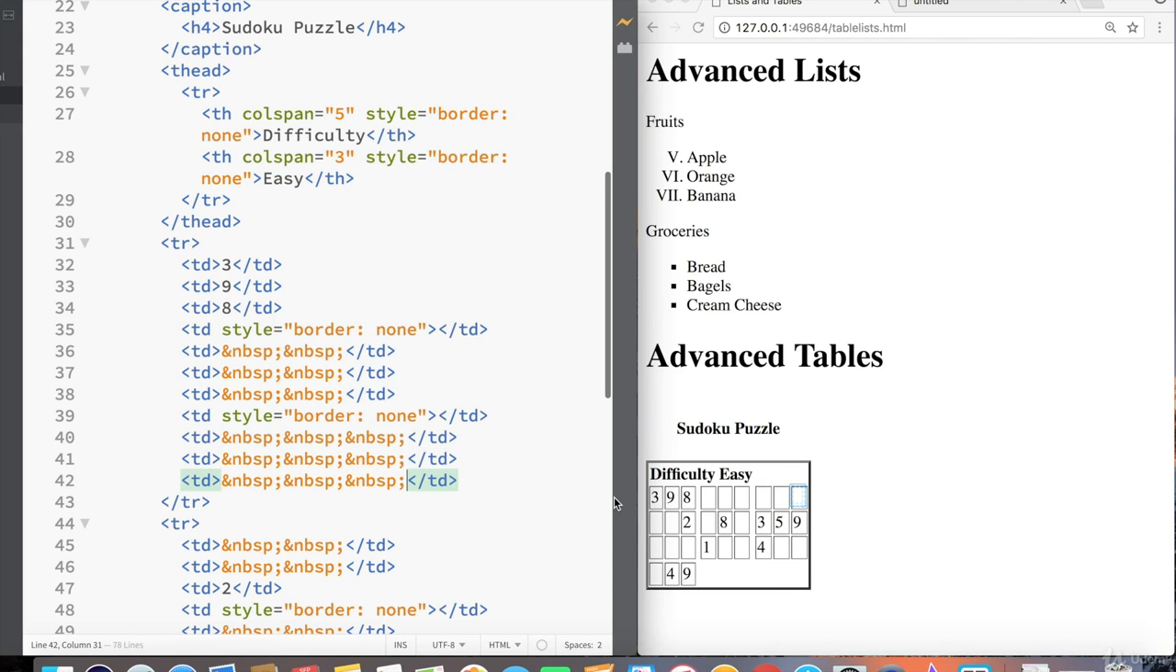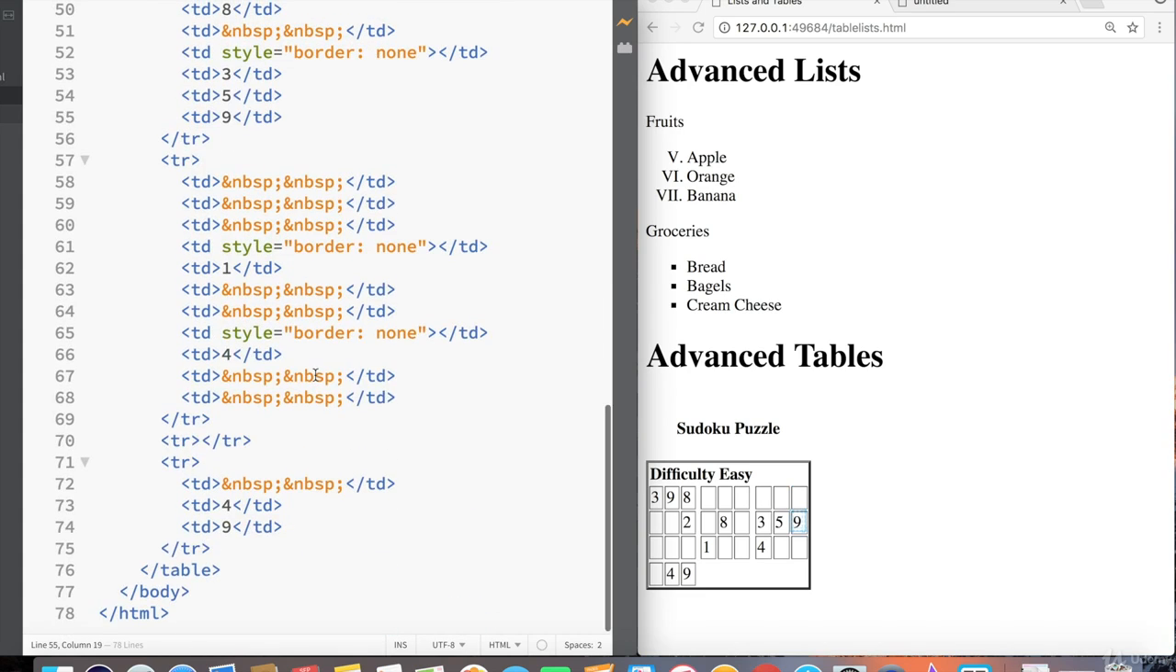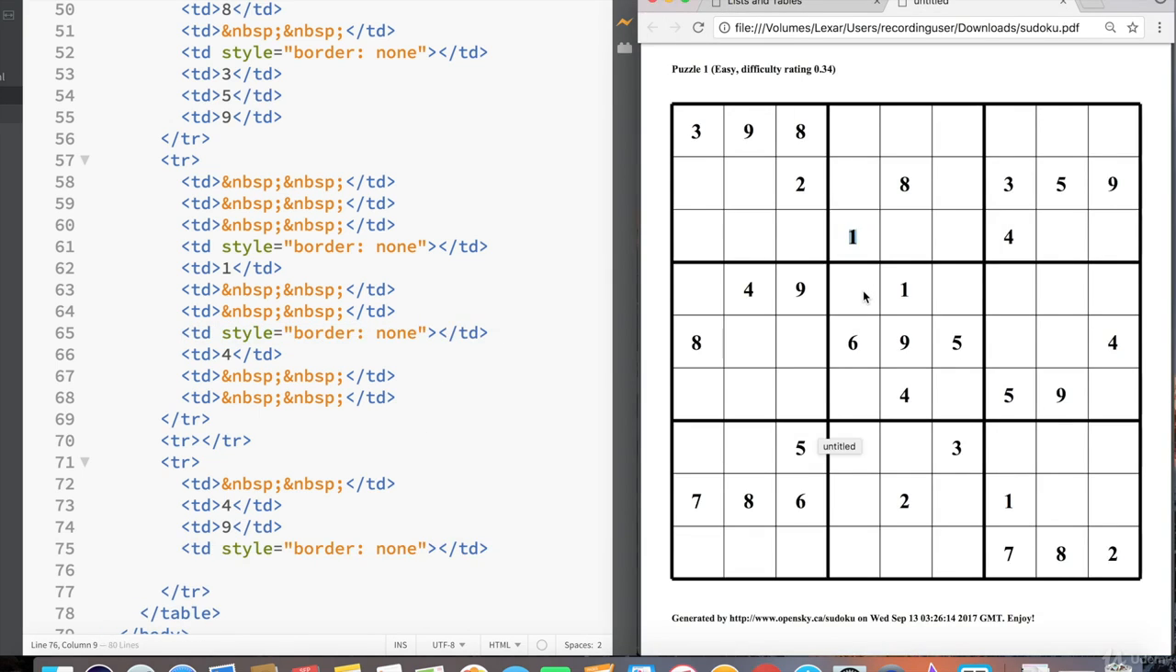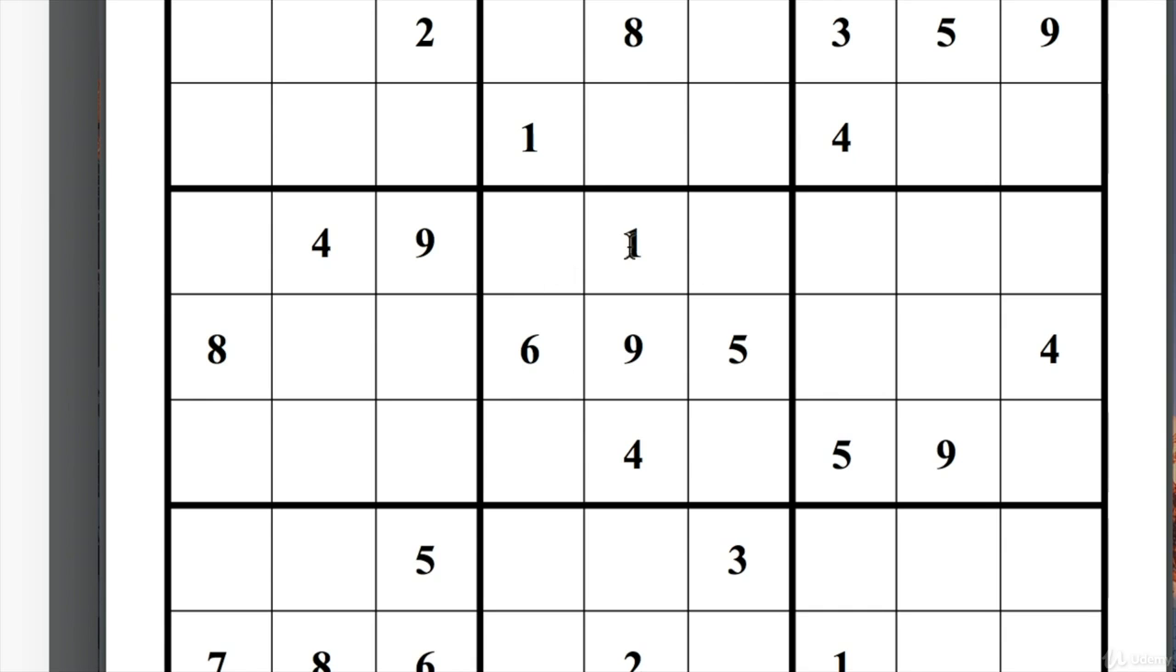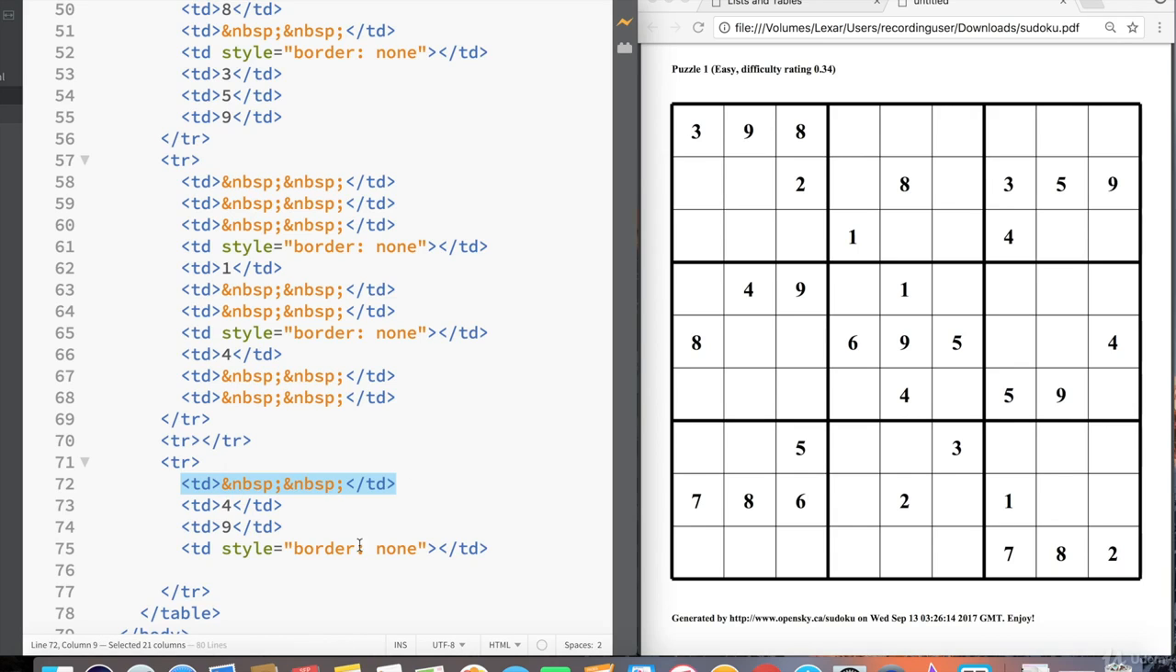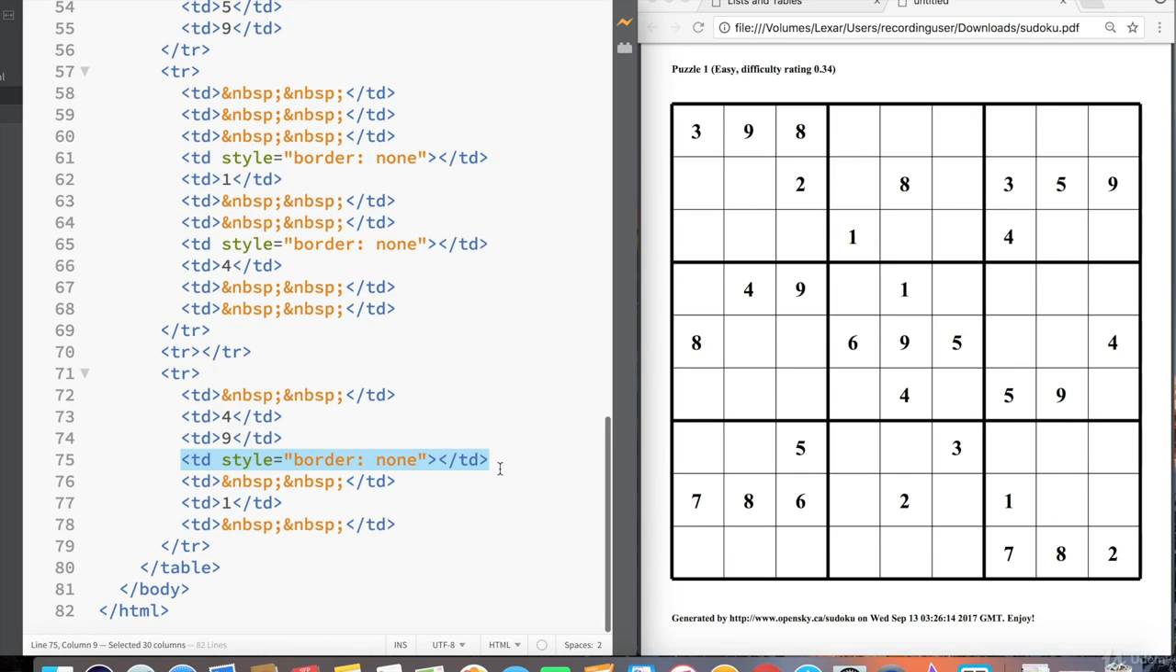Just by doing that, it already expanded the width of all of our table cells. So let's continue. All the way at the bottom here, after the non-breaking space 4, 9. Now we add an empty TD with the style border equals none, and then we continue with a space cell, a 1, another space cell. So let's add a space cell, another TD with 1, and a third space cell, and now a border cell,